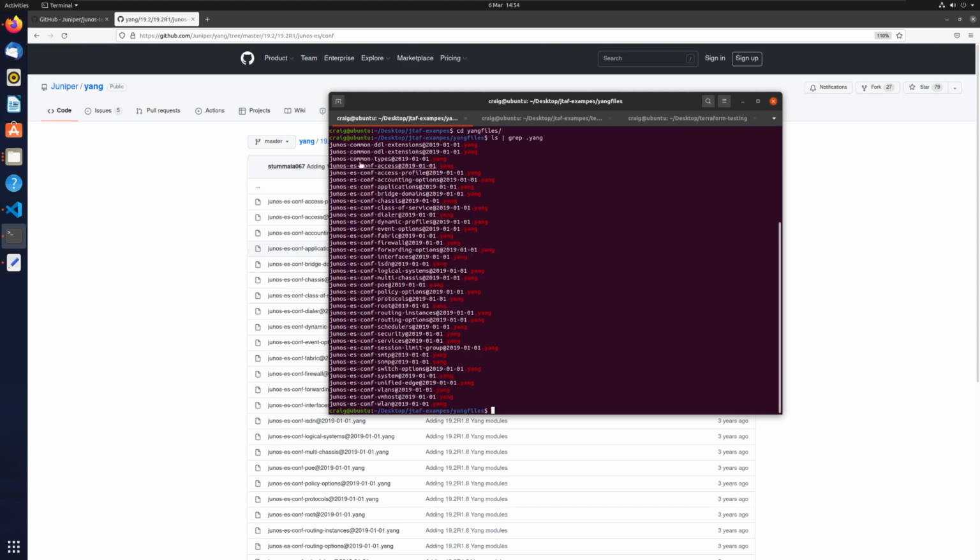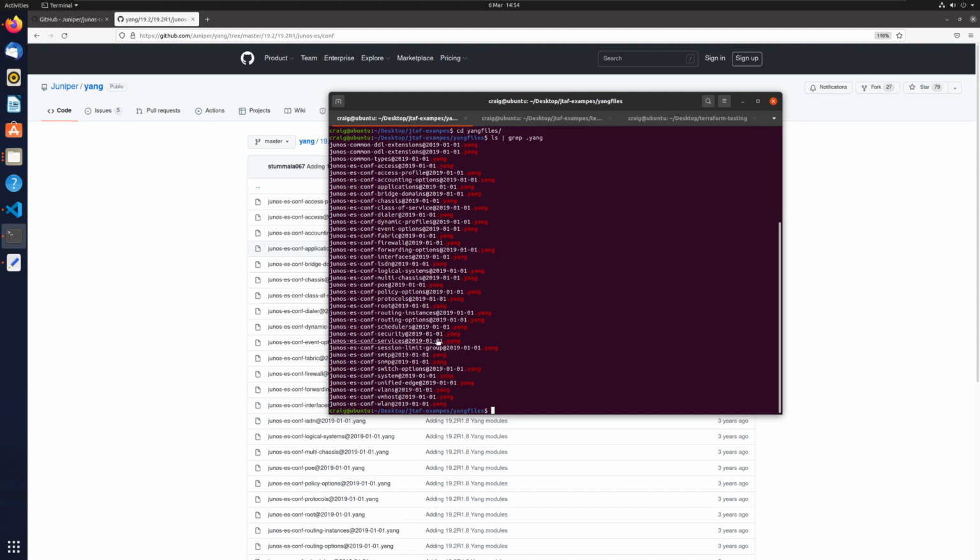There's no real issue apart from the actual speed of the process Yang to generate the yin and the XPath files. The yin files are XML representations of Yang, and the XPath files are text files that show us the XPath of certain resources in the data structure, which will feed into the second part of JTAF. So make sure you've got your required Yang files in here, and if you want to know what Yang files you should be putting in,